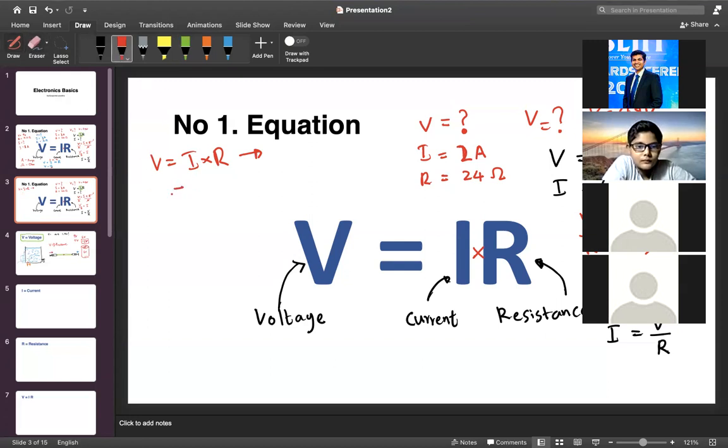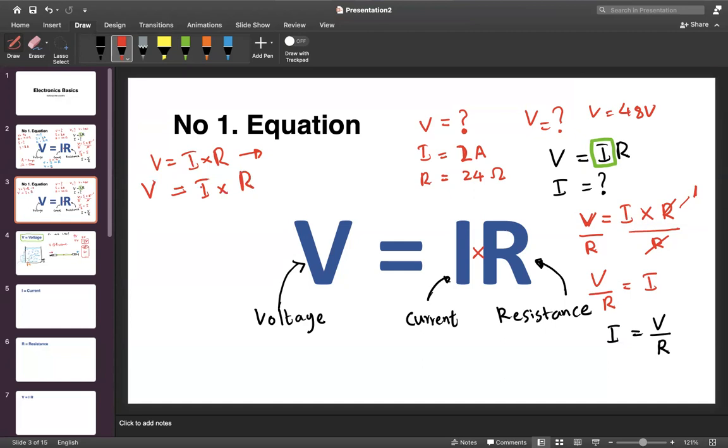So let's say we have V here. Okay? I write V, then I also write I multiplied by R. The same equation I have written here, right? And then because I want to find I, I am going to divide the right side by R, and the left side also I have to divide. Whatever I do to the right side, I have to do to the left side as well. So what's going to happen in here? Can you tell me, Himal?